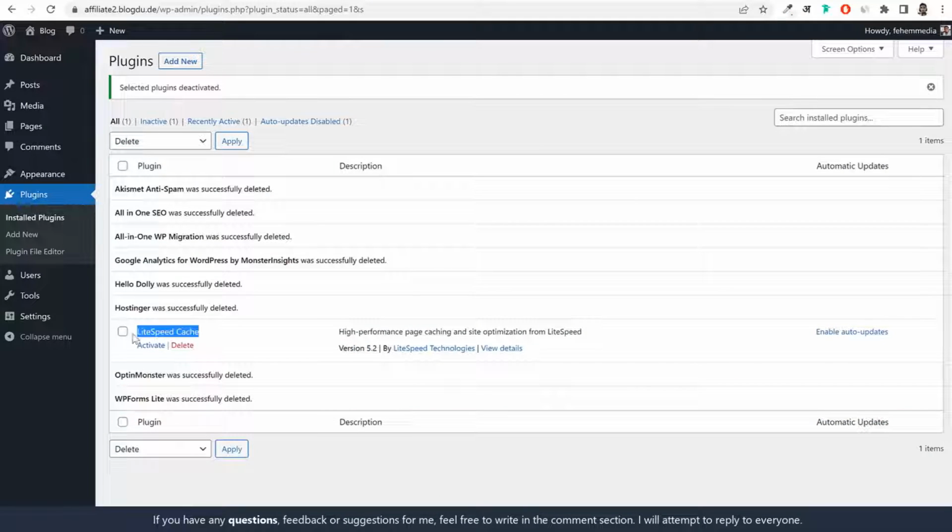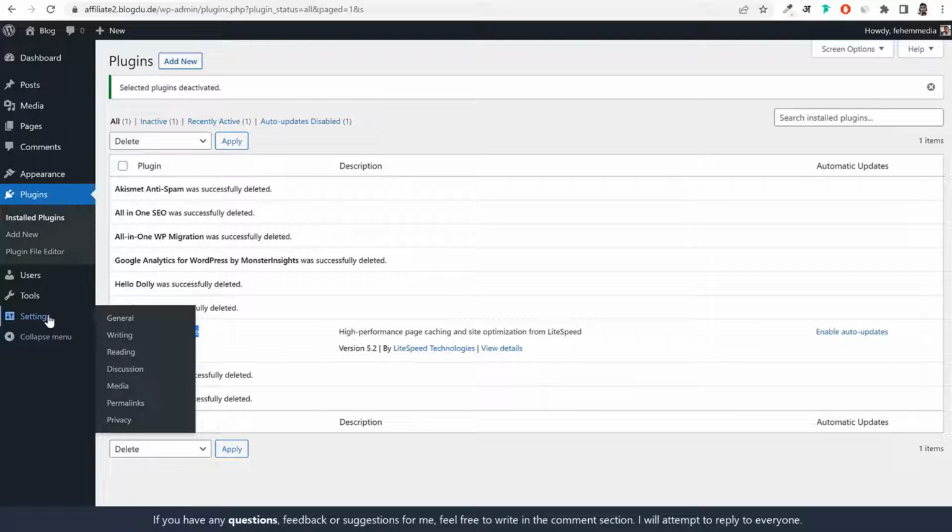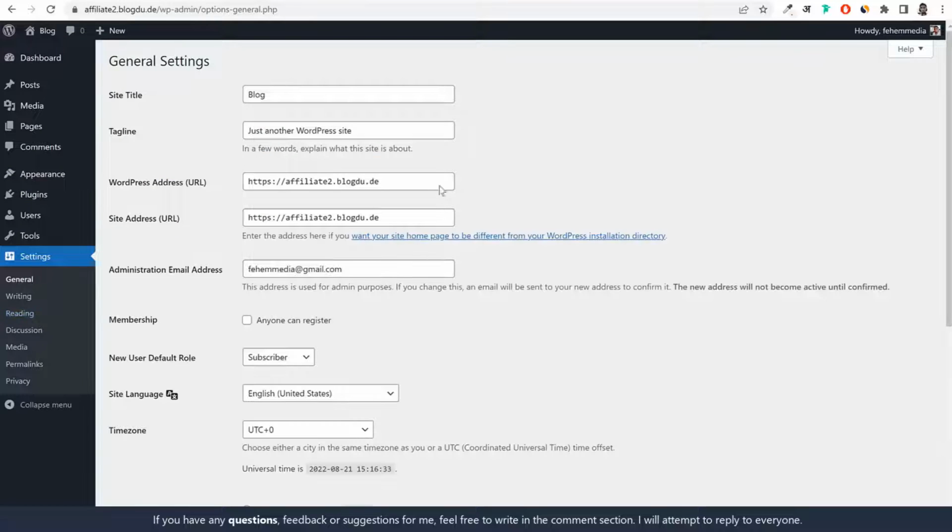Now I would recommend you to activate this LiteSpeed Cache at the end of the video. Once you see the entire video and complete this website, after that you can come and click on activate and activate this plugin. Now after that you can click on settings at the left hand side and you can do some basic settings